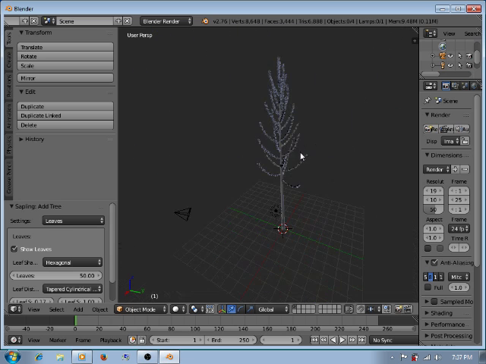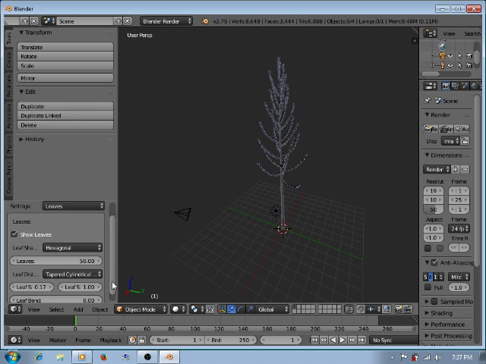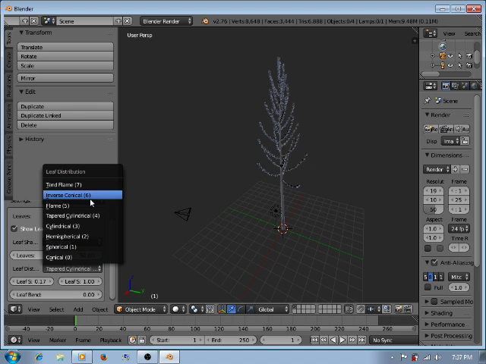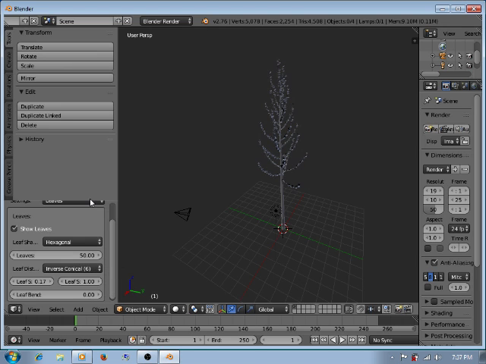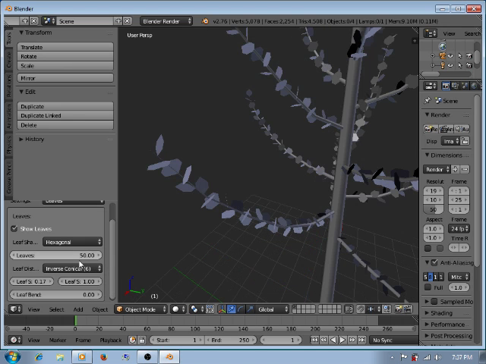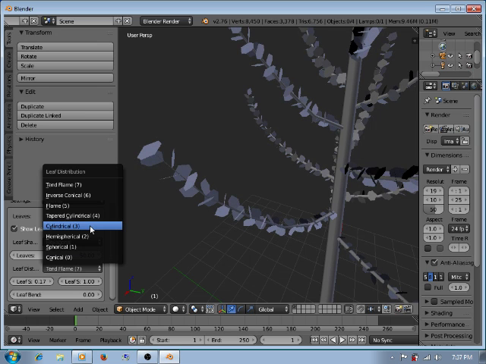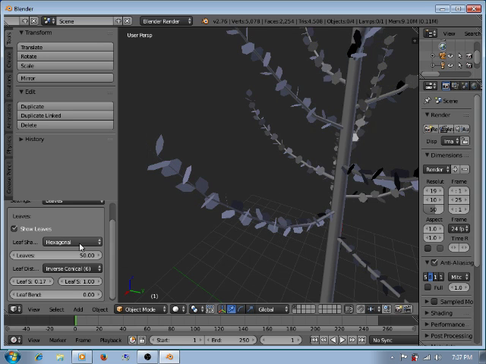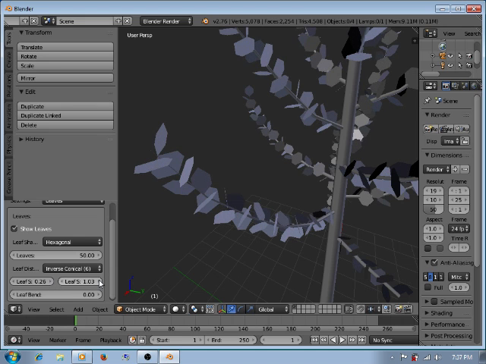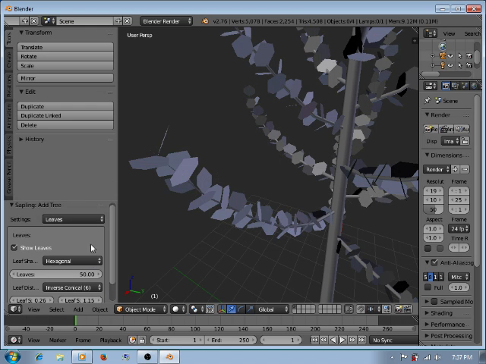Here we go. Quite a bit, not too much. What we could do is change it to, for example, inverse conical. That actually changes how the leaves look. This one actually looks pretty good for what I'm going to do. Then you can scale them up a little bit and rescale themselves. Add a bend of 0.12.